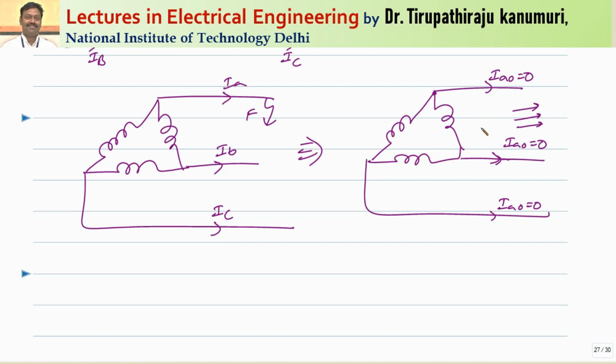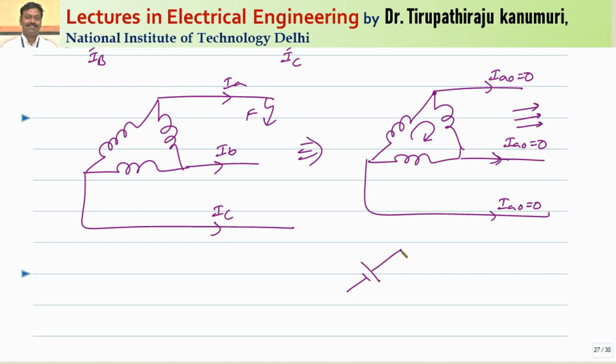Law of conservation of charge, but that cannot happen here because there is no path for the passage of the zero sequence current. So we can tell that the zero sequence currents are absent in the line. So in the line, zero sequence components cannot pass. But if you go inside the delta connection, the zero sequence components can circulate, provided there is a zero sequence component of EMF induced. Zero sequence components are co-phasor in nature, agree with me?